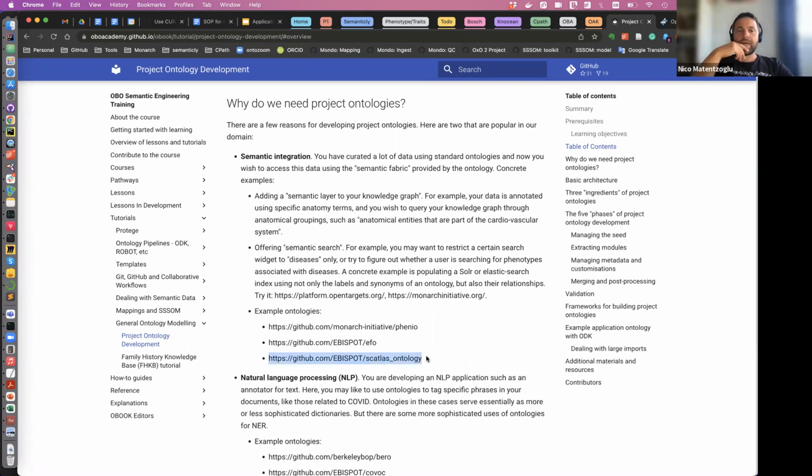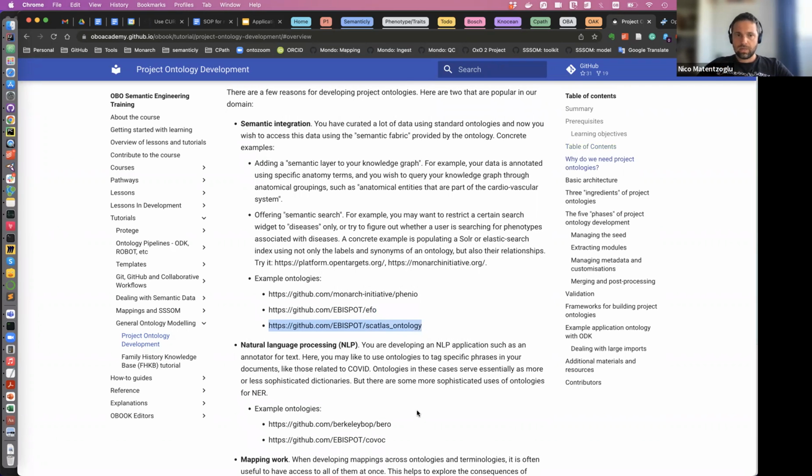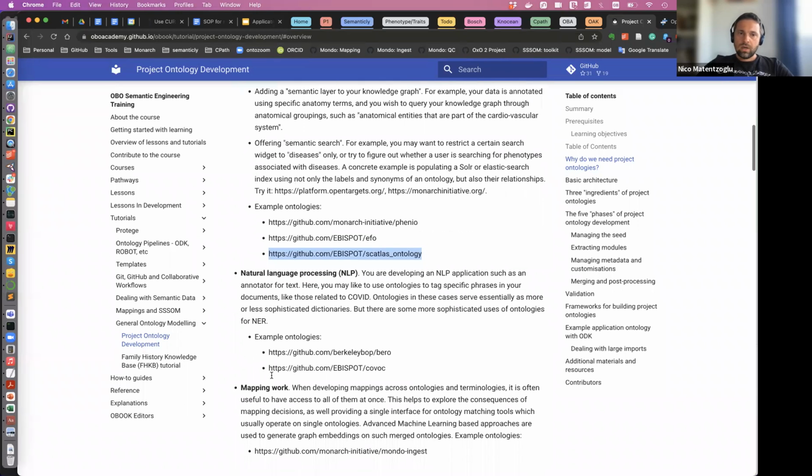Another ontology developed by EBI, the Atlas ontology, is basically an ontology that is used for indexing data for the single cell atlas. And we will go through how these are used a bit later in this tutorial. Another big use case other than semantic integration is